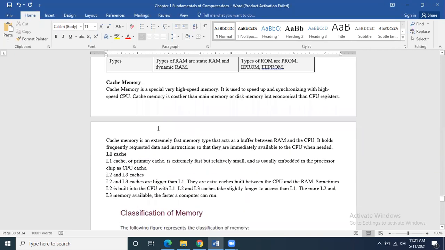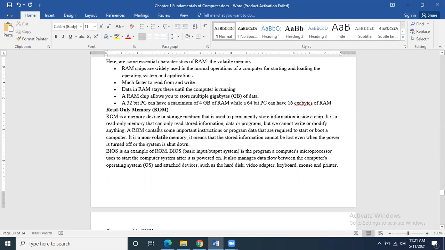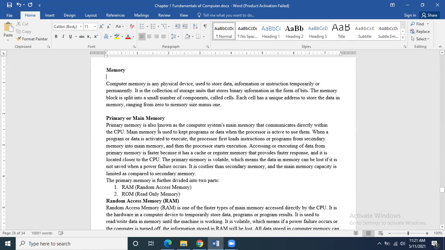So when we say primary memory, what comes to our mind? What is meant by primary or main memory? What is meant by memory? Memory means which stores data or instructions temporarily or permanently. Now it depends whether it is storing temporarily or permanently. When we say secondary storage, just like hard drive, the hard drive stores it permanently. But when we say RAM, it stores data temporarily. So it depends on what kind of memory device.